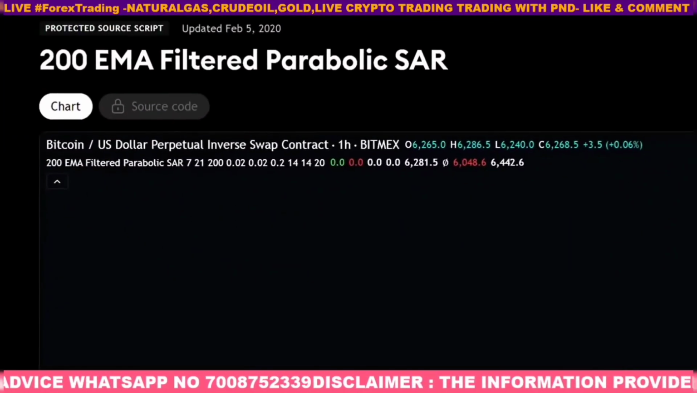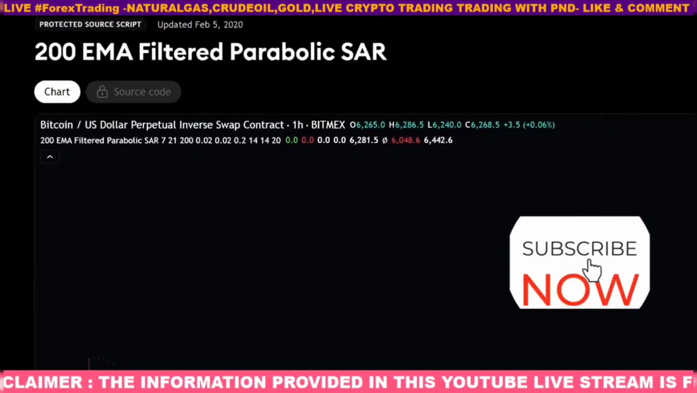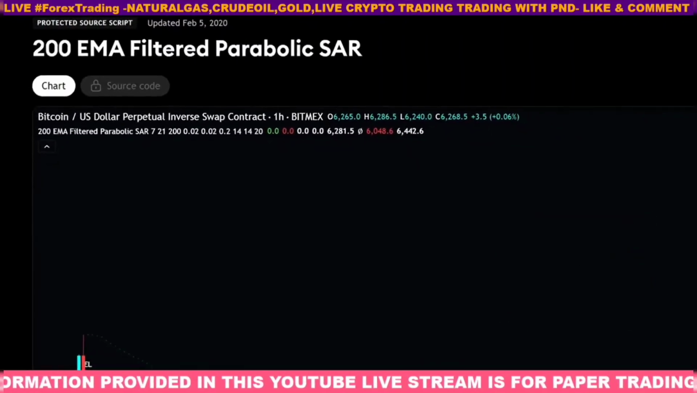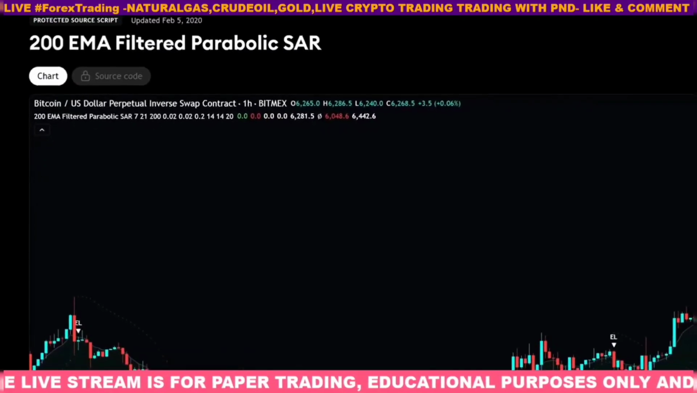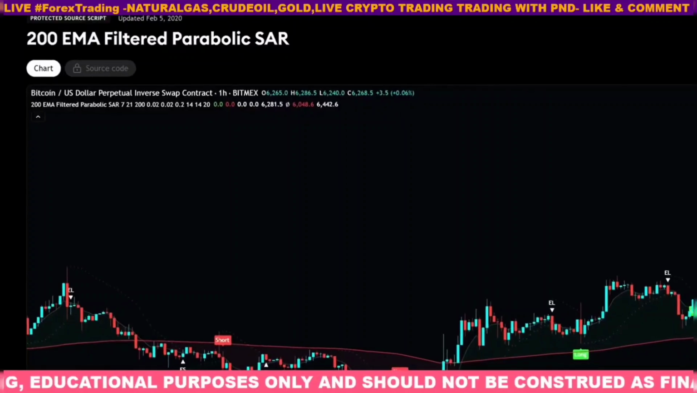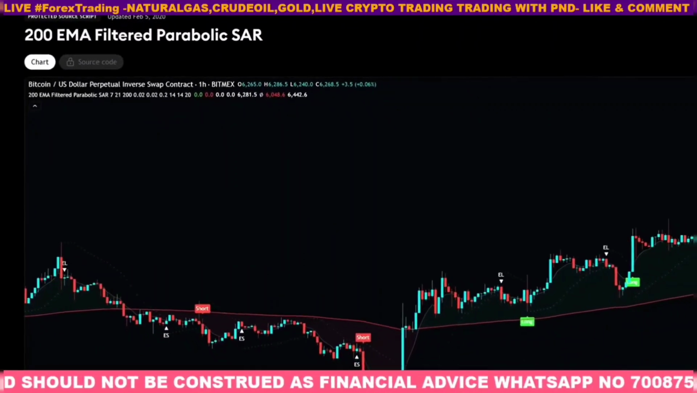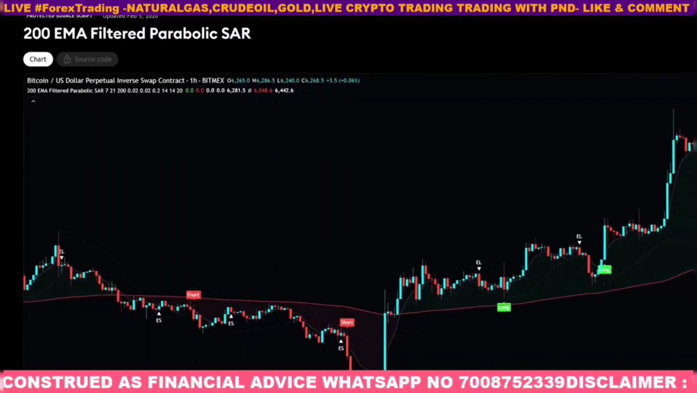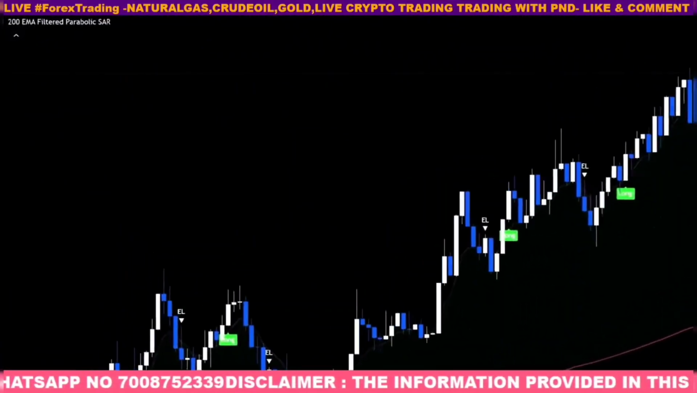This indicator combines a long-term trend filter, the 200 EMA, with a dynamic stop loss and potential reversal indicator, the parabolic SAR. It gives us a much clearer view of the overall trend and potential entry and exit points. But just like the MACD, we need to adjust it for our strategy. Alright, let's dive a little deeper into tweaking the 200 EMA filter parabolic SAR, but I promise we'll keep it interesting. Head into the indicator settings,